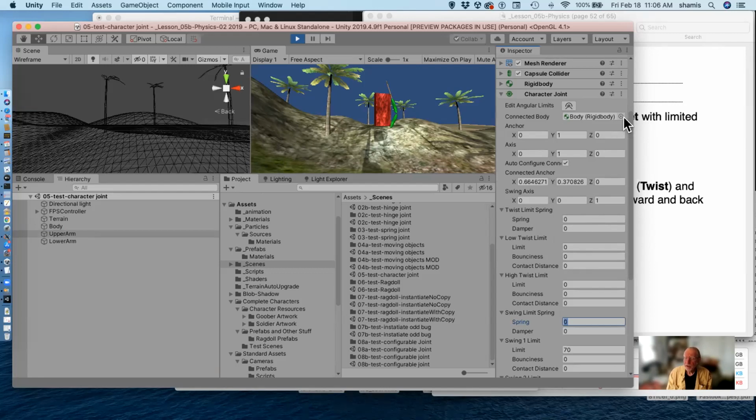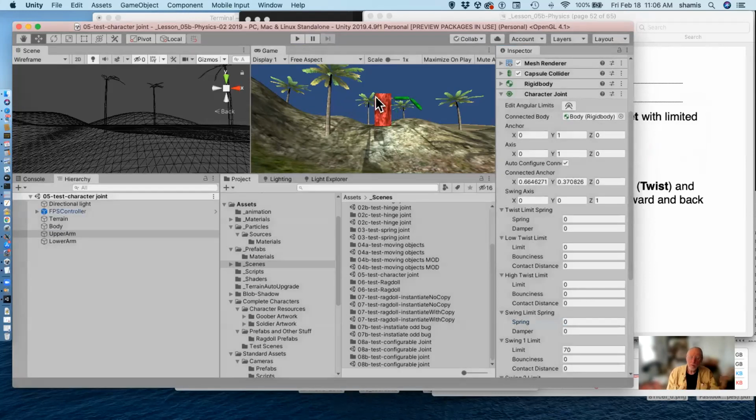Here's a trick. When you find some configuration that you like, you can pull down a copy component command, and then when you stop it, it'll go back to what it was originally, but you can paste component values in, and all of those changes that you made will be captured and stored back into the scene. So the character joint is very fiddly, but there's a much